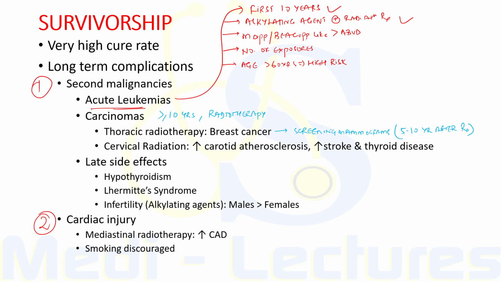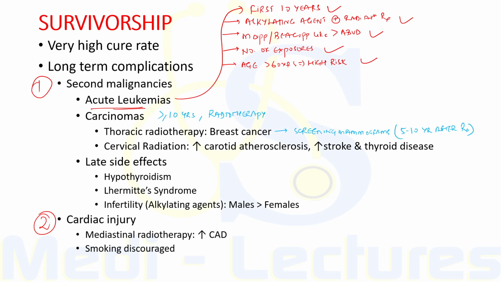Development of leukemia is greater with use of MOP or BCOP like regimens as compared to the ABVD regimen. It is also associated with the increased number of exposures to the potentially leukemogenic agents. Age of the patient also plays a role, with age more than 60 years having a high risk of development of